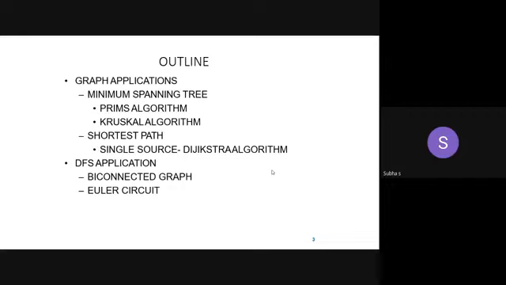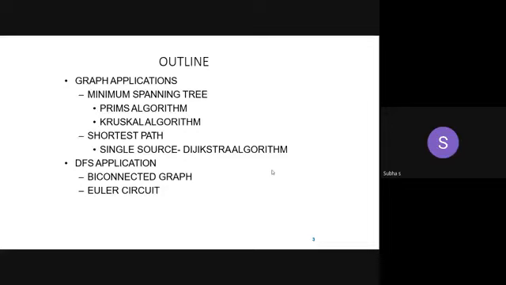I'm going to touch the first two algorithms because a very, very important application of graph is the minimum spanning tree, shortly called MST. Okay, minimum spanning tree. How are we going to find the MST for a given graph? By applying either of two algorithms. One algorithm is called Prim's algorithm. The second one is Kruskal's algorithm. They are the founders of those algorithms. They defined the concepts. So that is why the names Prim and Kruskal.